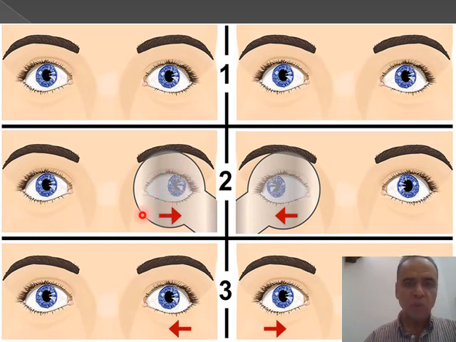Then when we remove the cover, you can see there is a corrective movement. The eye moves from outside to inside to take its fixation again. So this is called left exophoria. If we do the same test for the other eye, which is the right eye, and we are occluding